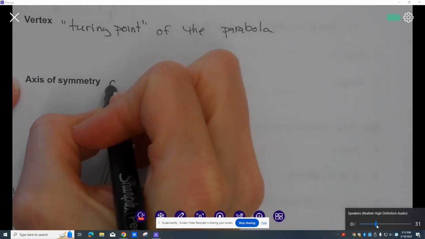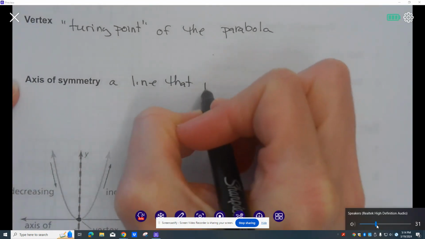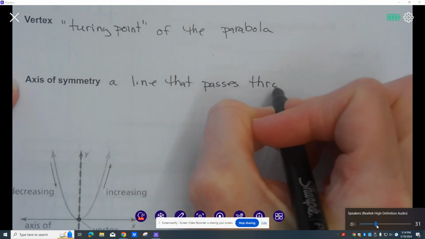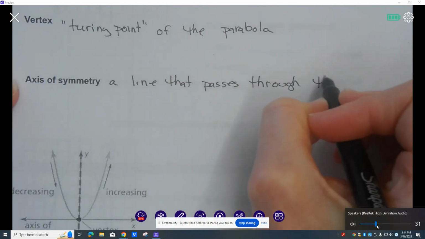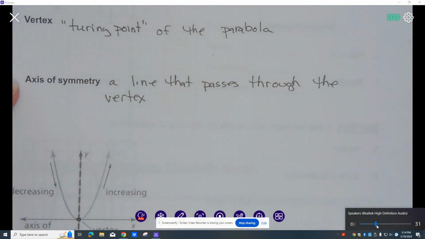So this is a line that passes through the vertex,